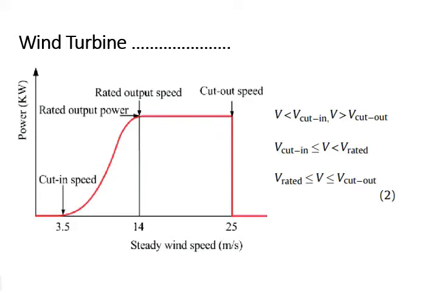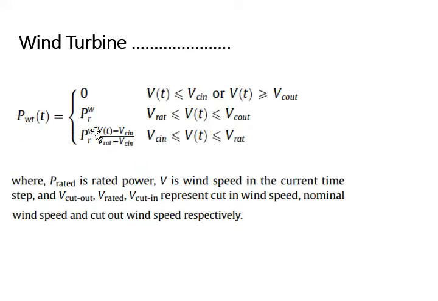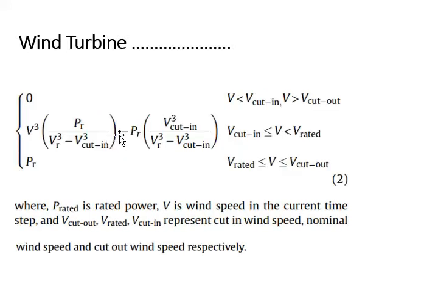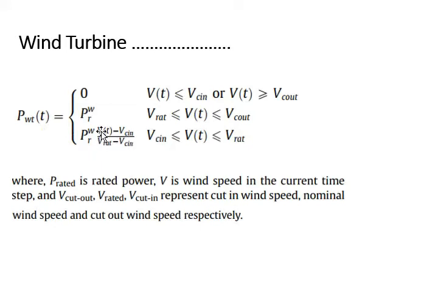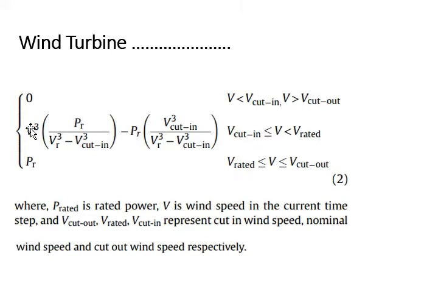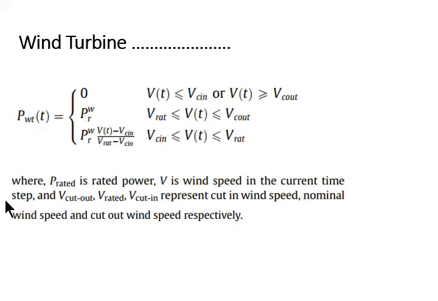That was the modeling, and in the literature you will also see this equation, which is a very linear estimation of the wind turbine. The remaining is the same as in this equation, just the difference is that the powers are linear. The formula is the same, just V and V cut-in are divided separately; otherwise the remaining formula is the same. It may look different but it's actually the same. The remaining parameters we have already explained.